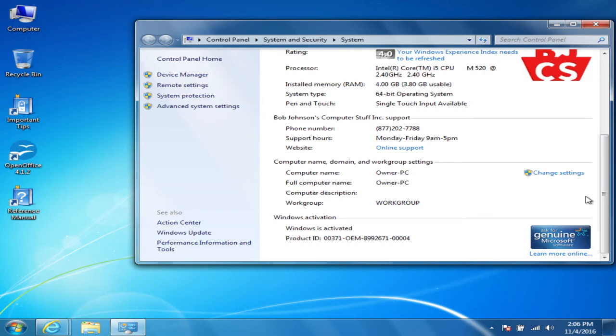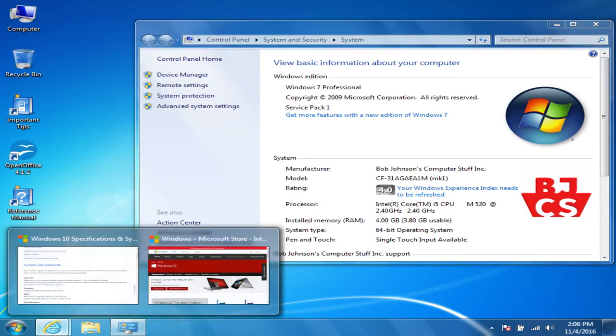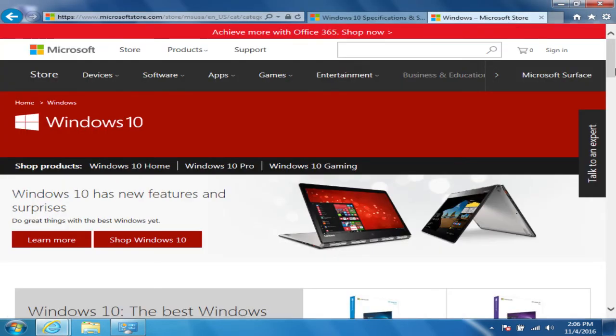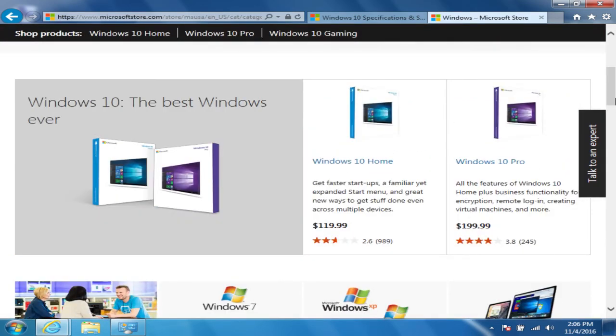And if you're not sure if you should do it or not, even after watching this video, you can just send us an email. The tech support email here is tech_support@bobjohnson.com. Now, if you decide to go ahead and go with the Windows 10 upgrade, you can purchase a license for Windows 10 right on Microsoft's website, or you can get it from Amazon. You can probably get it from Best Buy. You can get it from several different places. Where you get it doesn't really matter.